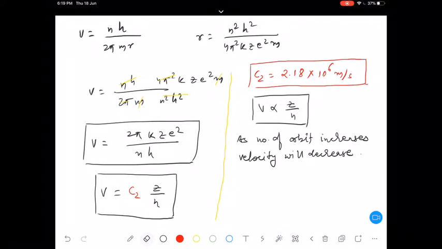Now, a number of different things we can define, once we have come to know about velocity and radius, these two expressions we have defined. First we will solve a few problems, and the things which we can define, we will discuss in the next class along with the energy. Let's take a few problems. I'll give you a few problems, and then the remaining part we will discuss in the next class. Okay.